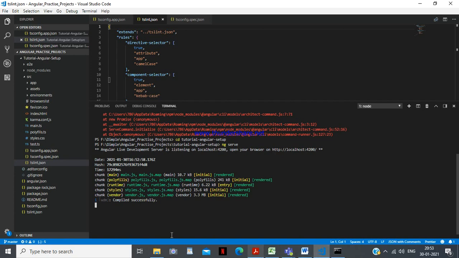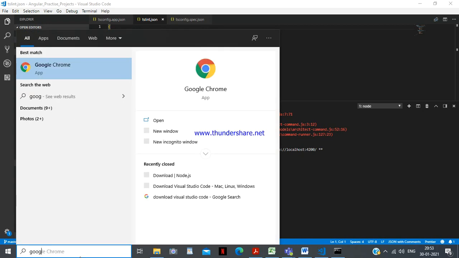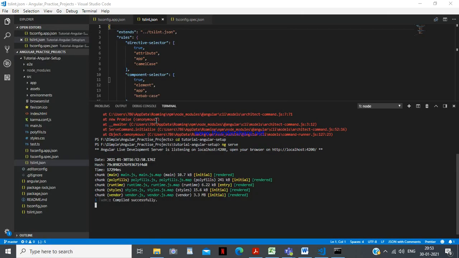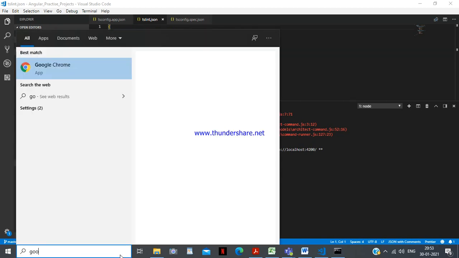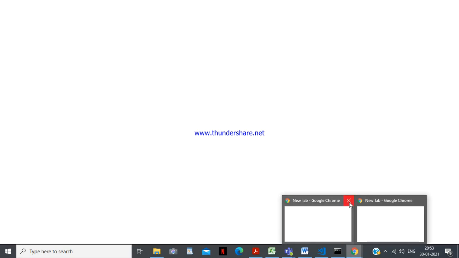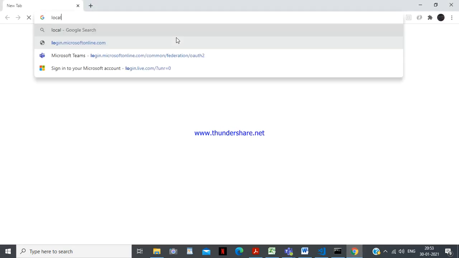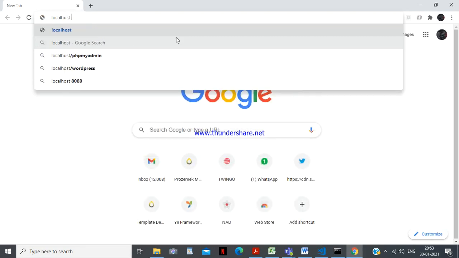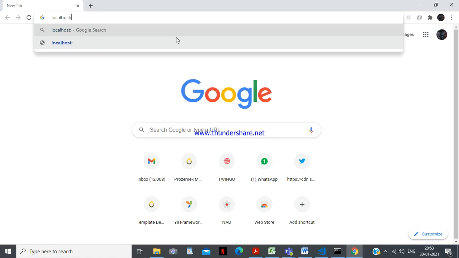Open your browser. So now here you can see localhost 4200.